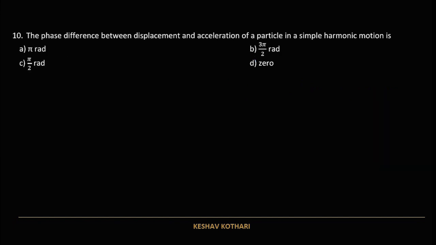Problem number 10. The phase difference between displacement and acceleration of a particle in simple harmonic motion is pi radian. I don't think I need to explain this, but if you are looking for an answer, a is equal to minus omega square x. So with this, the idea is clear, that a is equal to minus of x, that is, it is anti-parallel or having an angle of pi radian. Or if you wish to understand it geometrically, if we write minus omega square x as A sine omega t, then I will introduce a phase of pi over there. So the value of phase difference between displacement and acceleration is pi radian.